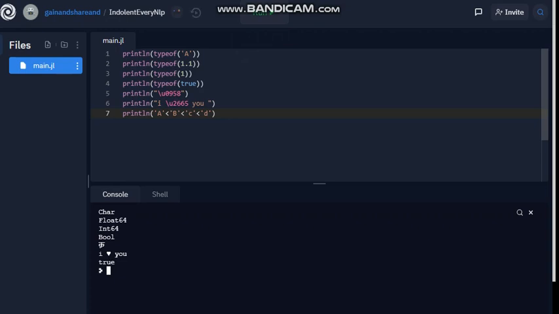What happens if you change any letter here? Let's take Z. Now you will get False, because Z is not less than B. It's greater than B, right?